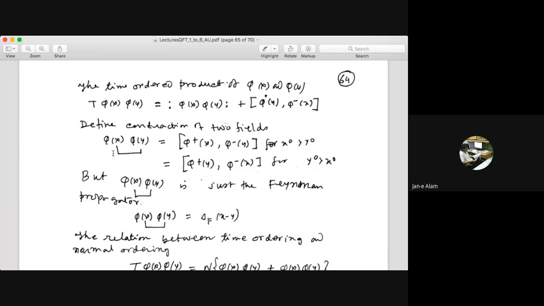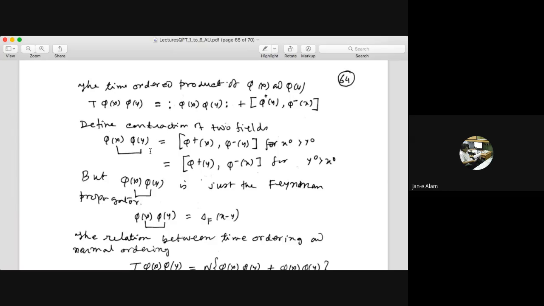This is sometimes put below in some books, sometimes up, or sometimes mixed also. They write this as phi x phi y. We define this commutator part by this notation, phi x phi y, and this is called contraction. When I write this way, I mean that these two fields, phi x and phi y, have been contracted, right? Like the Wick's theorem,